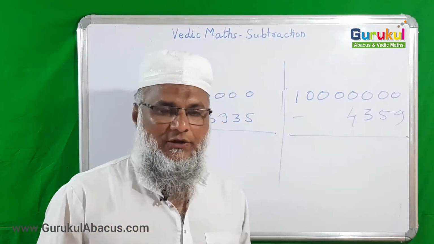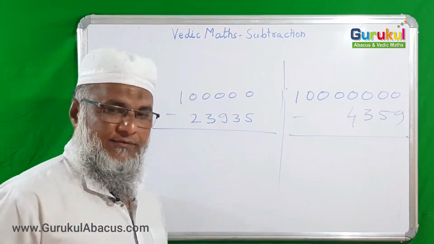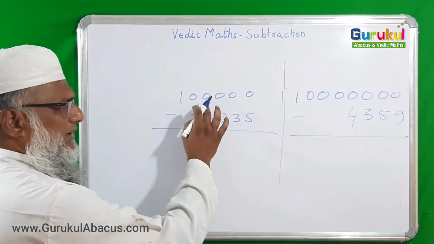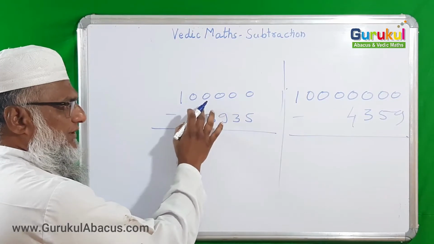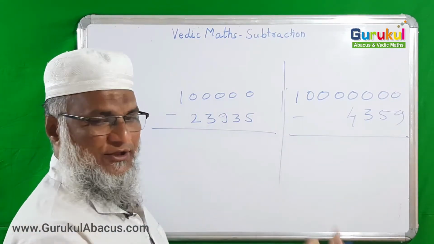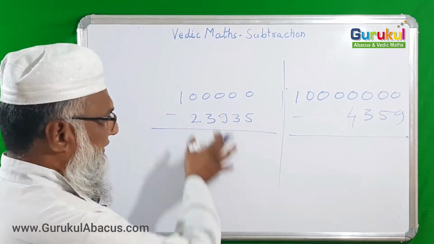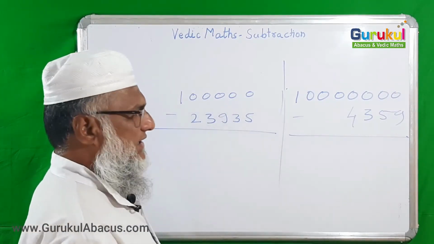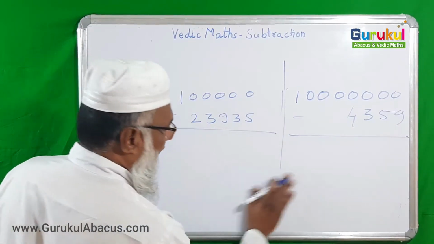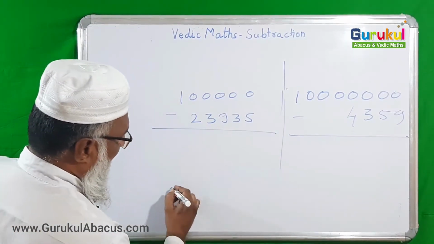Now we will solve a subtraction example from Vedic mathematics. Here, see, here is a special case. The number from which we are subtracting is like 10, 100, 1000, 10,000, lakh, 10 lakh, and so on. If this situation is there, very easily we can subtract our given number. For that, there is one rule I want to write first.